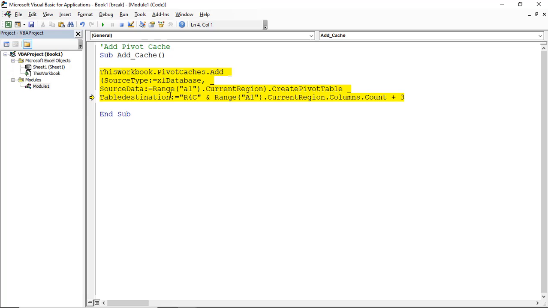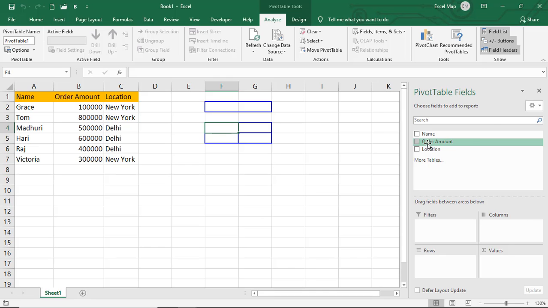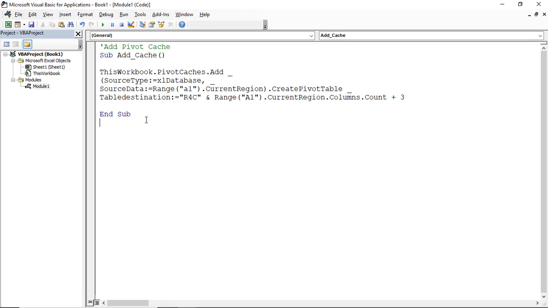Press F8. Look at there, the complete thing is a single line. Press F8. Now go to the Excel, locate there, the pivot cache was created. Now we can drag and drop the fields into the pivot areas directly, but I'm going to write the macro for this also. Go to the Excel, go to the developer tab,